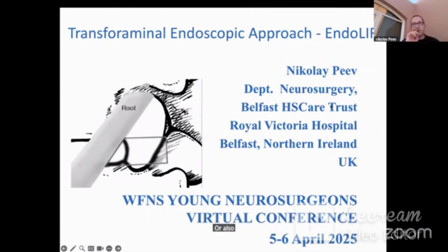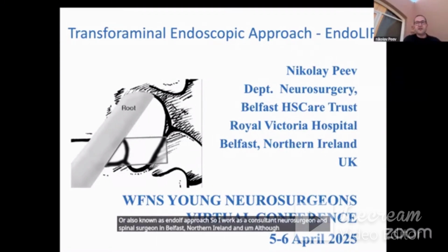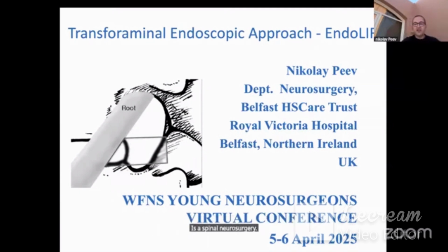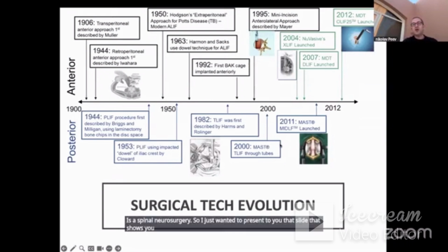As Endo-LIF approach. So I work as a consultant neurosurgeon and spinal surgeon in Belfast, Northern Ireland. Although I still keep some of the cranial practice, not as high level as Sabino, my main focus at the minute is spinal neurosurgery. So I just wanted to present to you that slide that shows you how the technology was developing